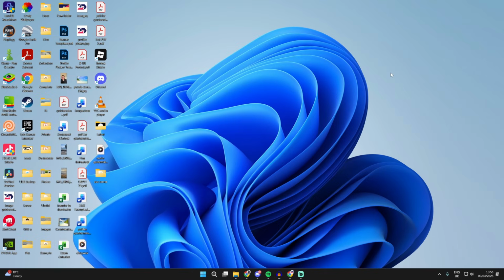We'll guide you through how to download and install OBS Studio on Windows 11 and older versions of Windows as